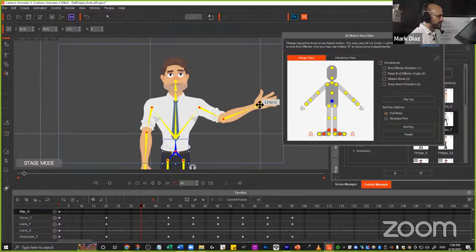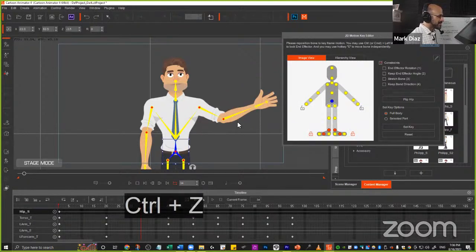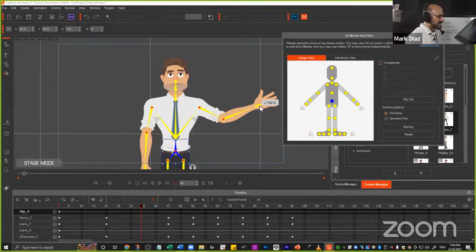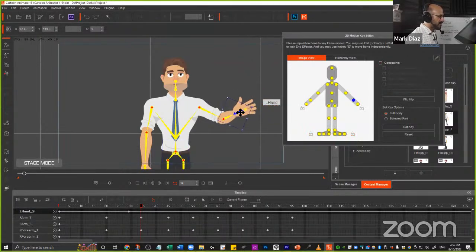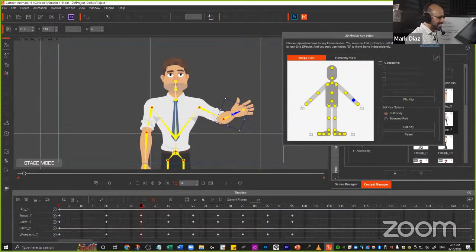And let me tell you why. If I take this hand and try to get it closer, I'm not foreshortening, right? That's cool when I need the forward kinematics, inverse kinematics, but right now I don't want that. Instead, let me undo all of that, all the movement. Instead, I'm going to disable the constraints, and look what happens. Now the hand is starting to go, and right now it looks weird, right? Like, oh, what happened to the hand? But in motion, it's going to look